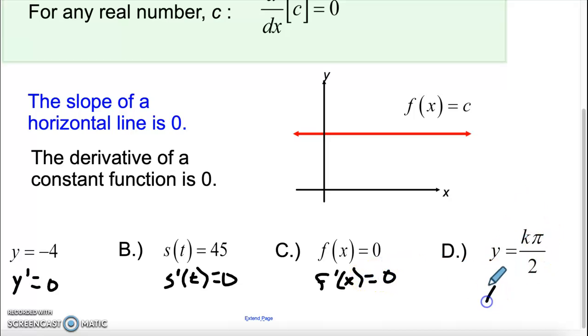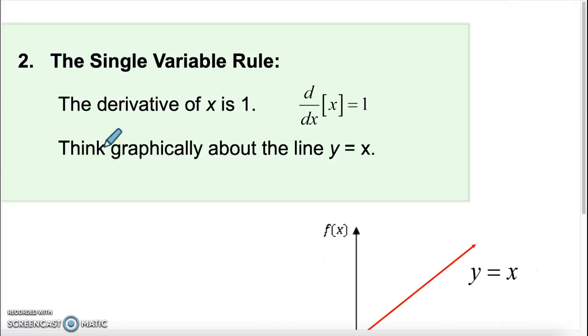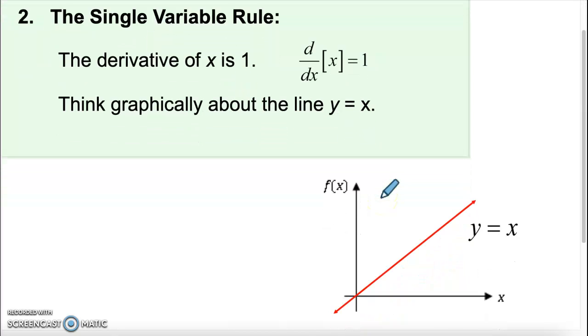And here, all of these are just constants. Usually A, B, C, K, those are letters that stand for constants. So pi is a constant, K is a constant, 2 is a constant, all of those are constants, we would still say that the derivative is 0. All right? Now, if we have a single variable, in other words, like y equals x, if that's my function,